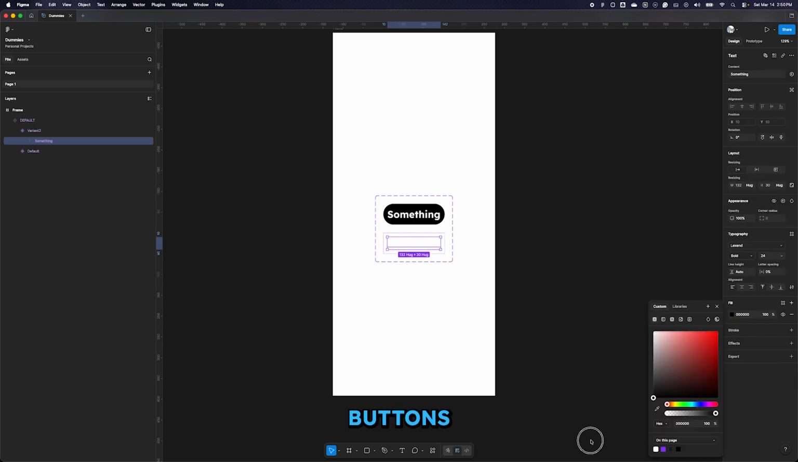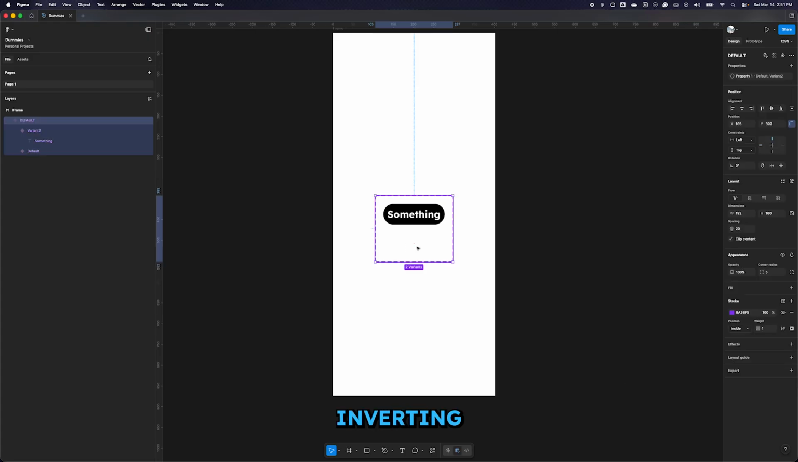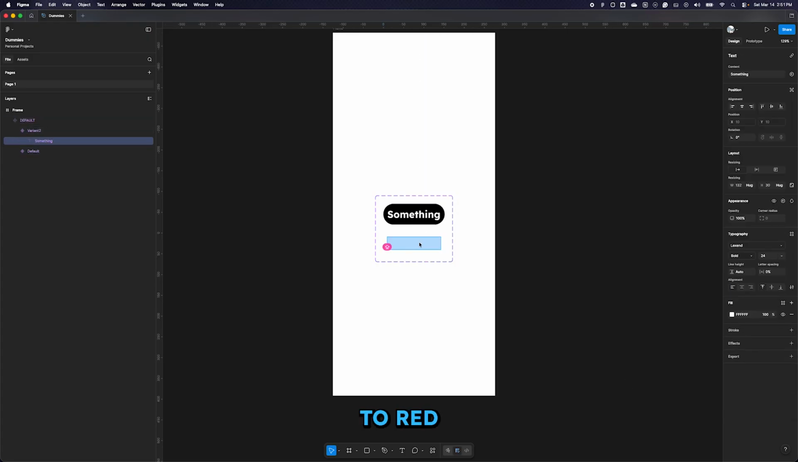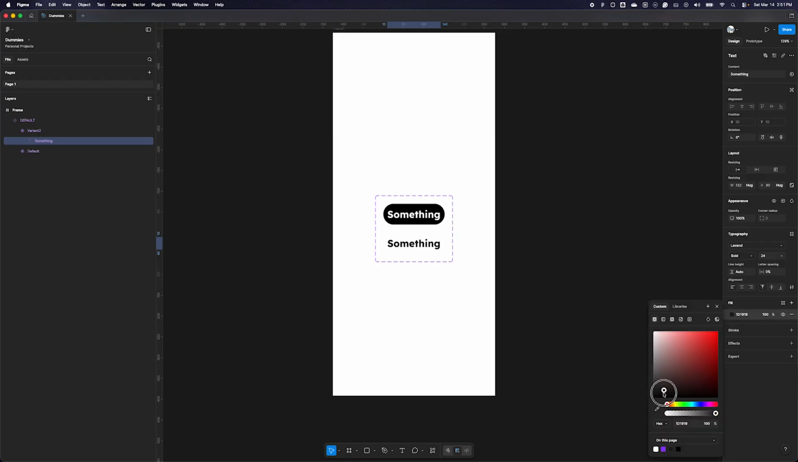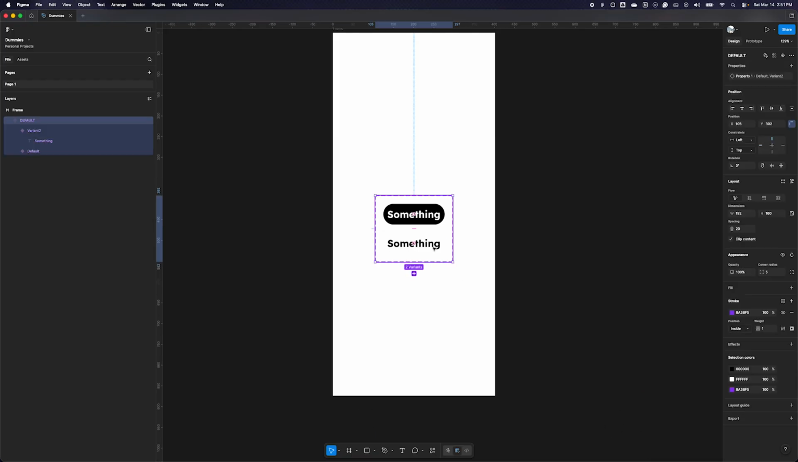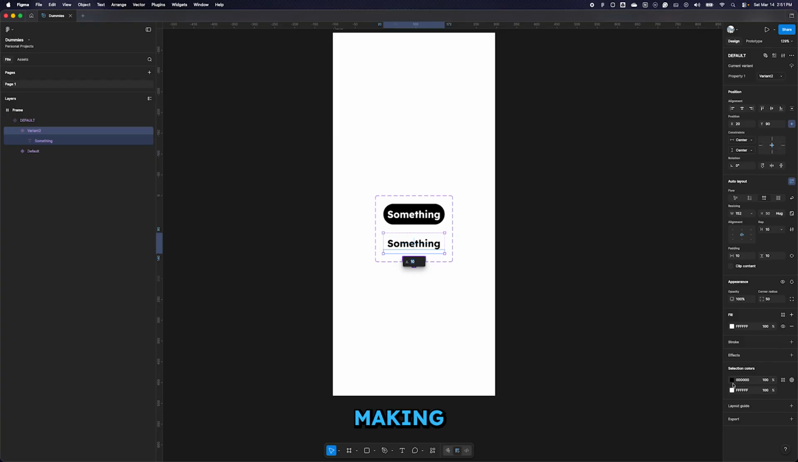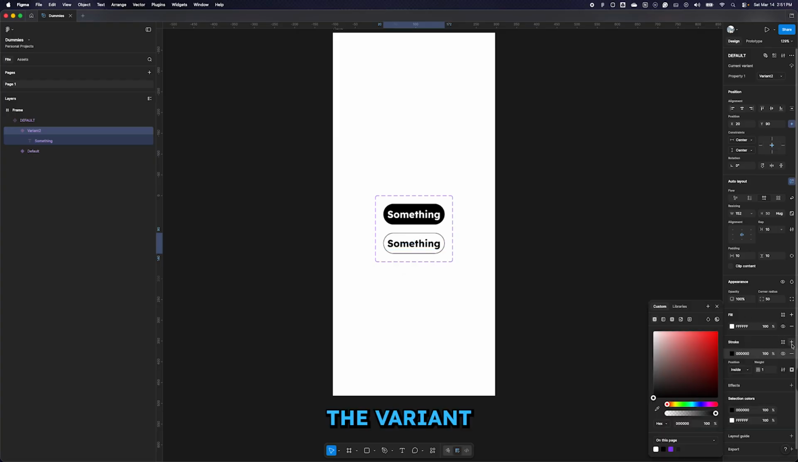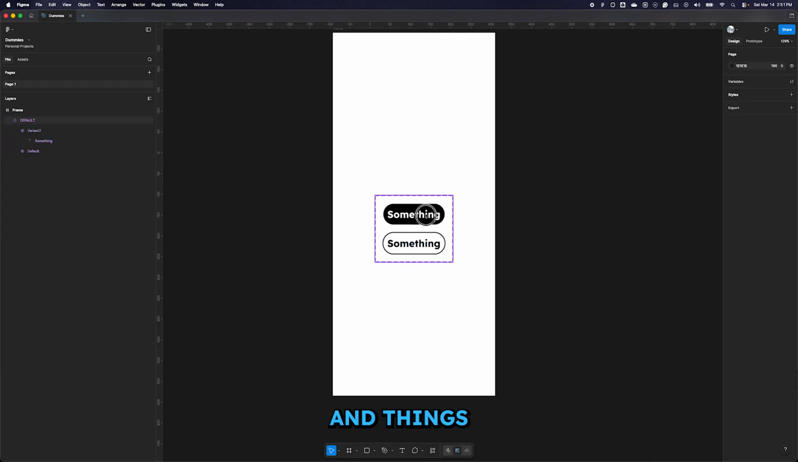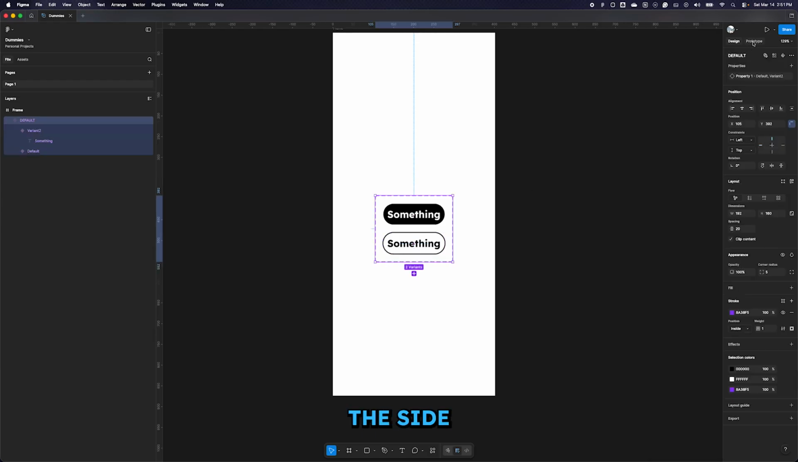So this is just buttons 101, I guess. I'm just changing the colors here, inverting it from black and white to red and white and black. I don't know, the colors, man. Yeah, so this is just me making the buttons. So the variant is basically just another state of the button. So when you hover over it, it would change into this color, and we'll see that in a second once this is done. So I'm just adding an outline and things and moving it over to the side